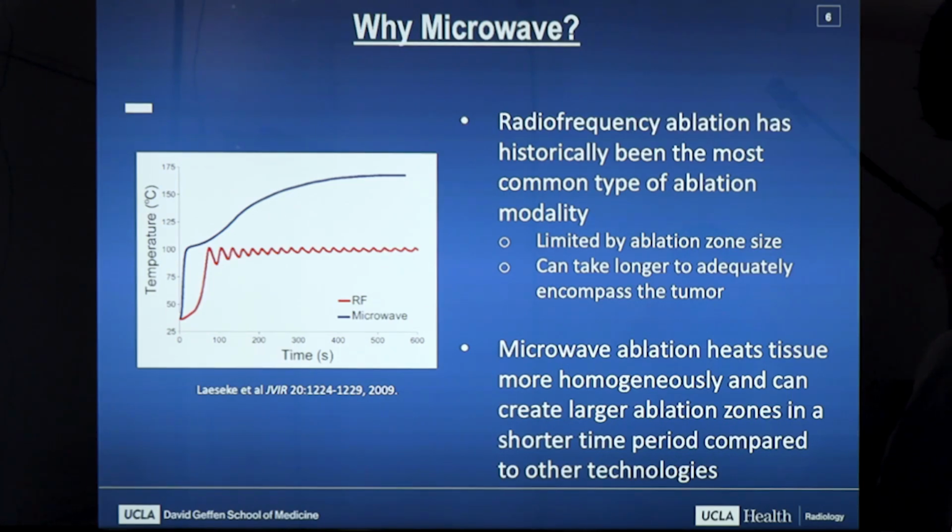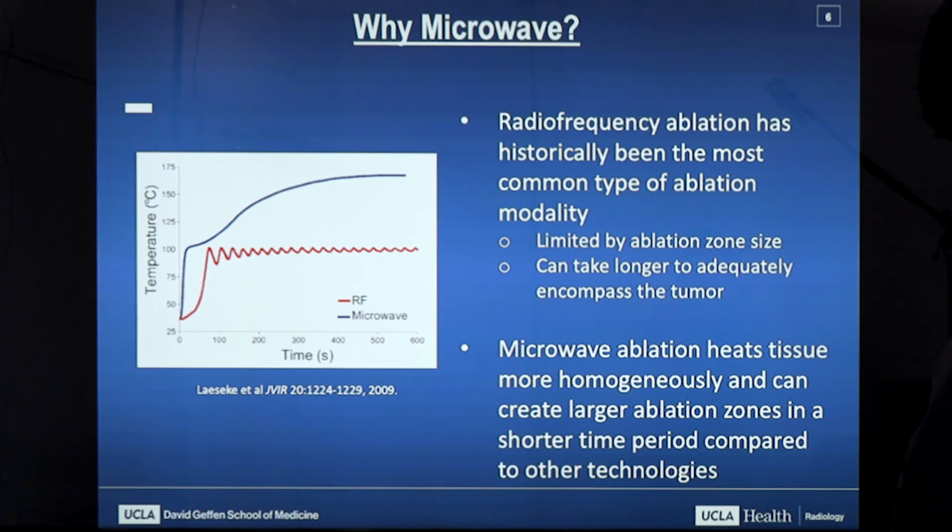Microwave ablations, on the other hand, can heat tissue temperatures to levels much higher than that of radiofrequency. In this image on the left, you can see the temperature comparing radiofrequency with microwave ablation. The blue line is microwave ablation, the red line is radiofrequency ablation. On the y-axis is the temperature, and x-axis is the time. And you can see that the microwave temperature far exceeds that of radiofrequency ablation after only a short amount of